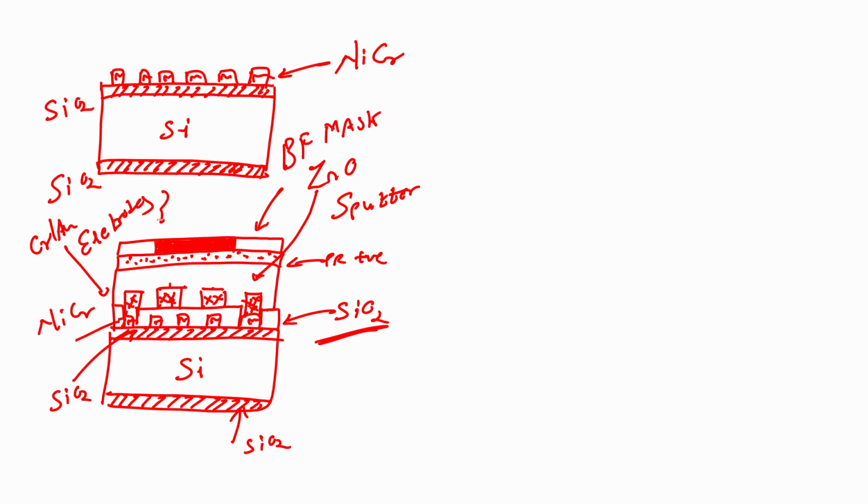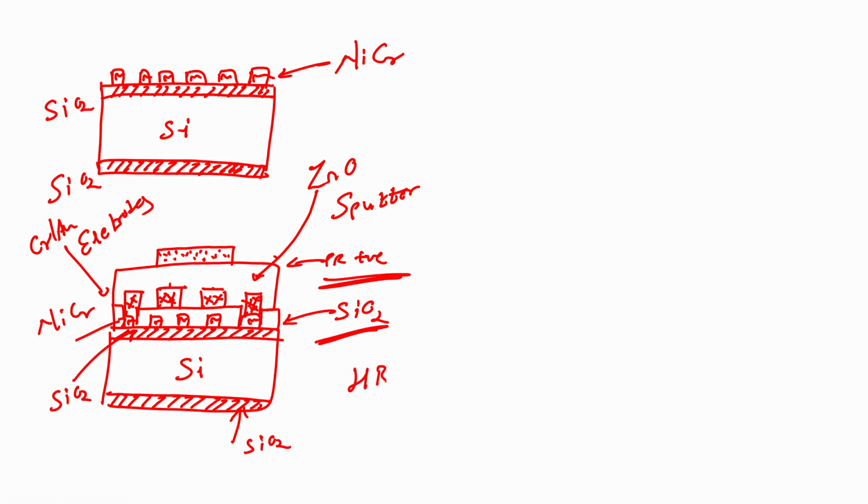Next step is we will expose with UV, right. After this exposure, if I develop the wafer, what will happen? If I develop the wafer, then I will have my photoresist only in this area, because I used a bright field mask with a positive photoresist, and that is why the unexposed region became stronger. After this I will go for hard bake, 120, 1 minute,